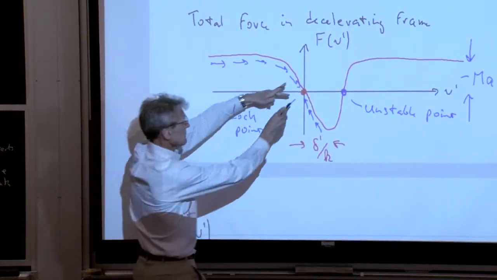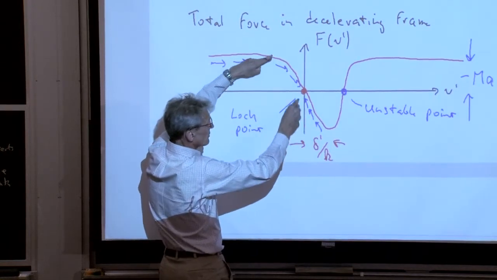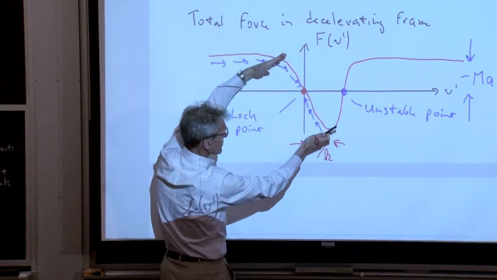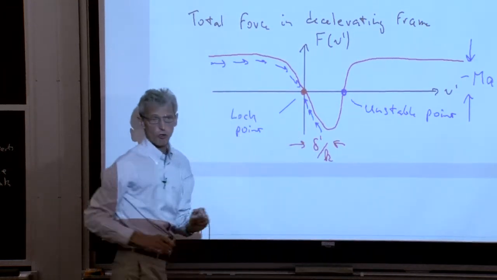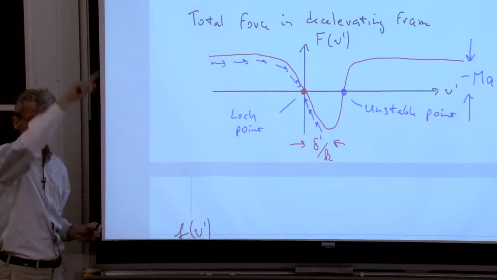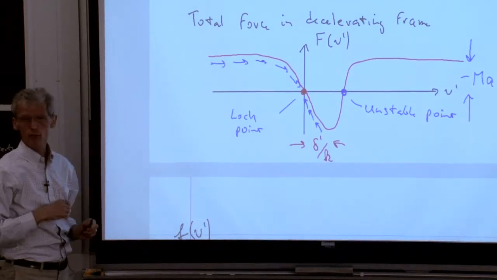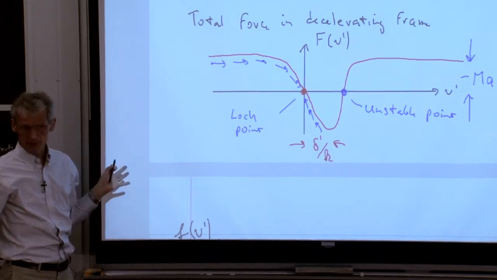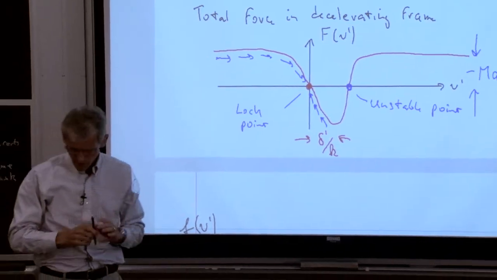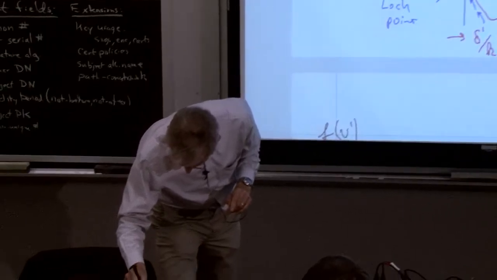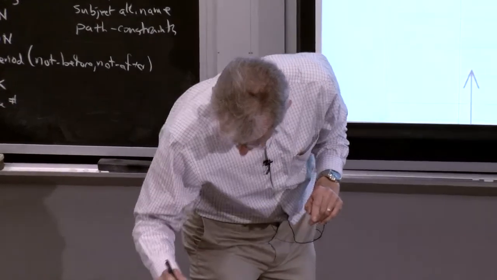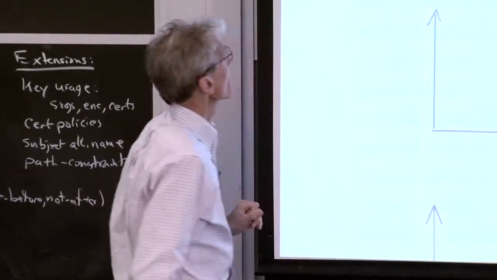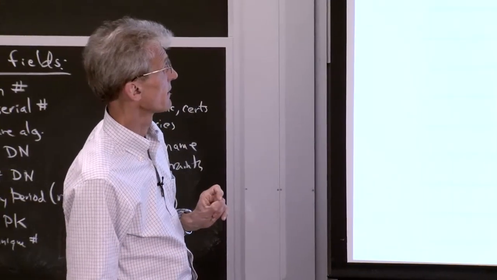All the atoms which did not have the correct velocity we wanted them to have, they are sort of sucked into this lock point and eventually will pile up at a huge peak at this nominal velocity. And the width of this peak is simply described by the Doppler limit. Before I take your question, let me show you what happens in the 2 frames.